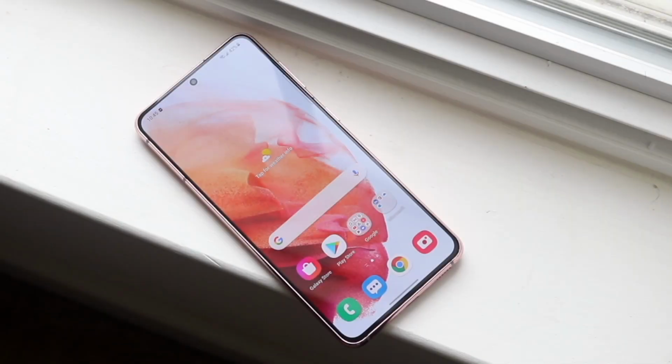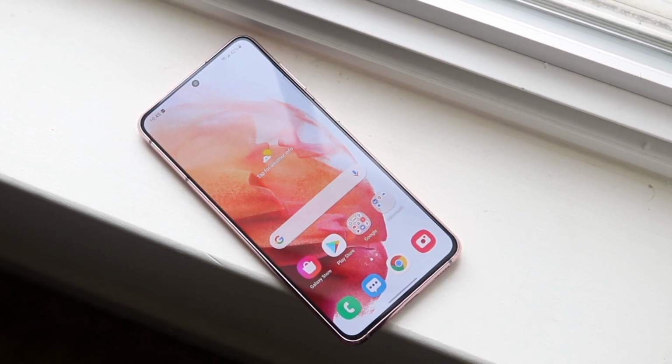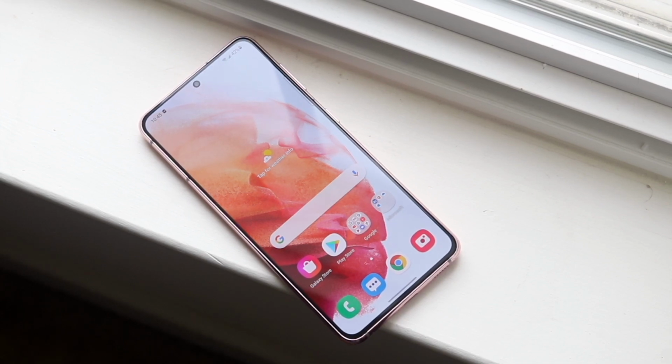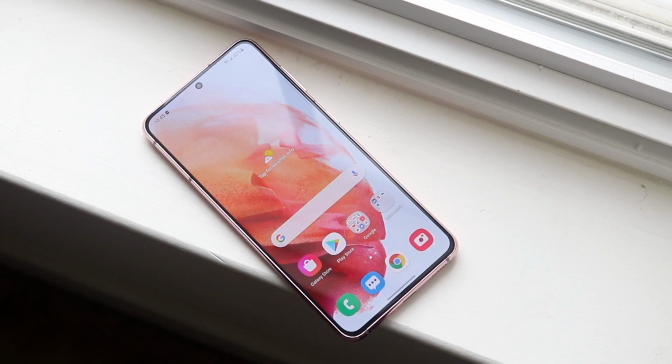Welcome back everyone. The Samsung Galaxy S21 just came out and I'm pretty sure everyone already knows that. So let's go ahead and compare it to another device that came out just a couple of months ago from Samsung, the Samsung Galaxy Note 20. Now I went ahead, I bought these phones, I reviewed them kind of,